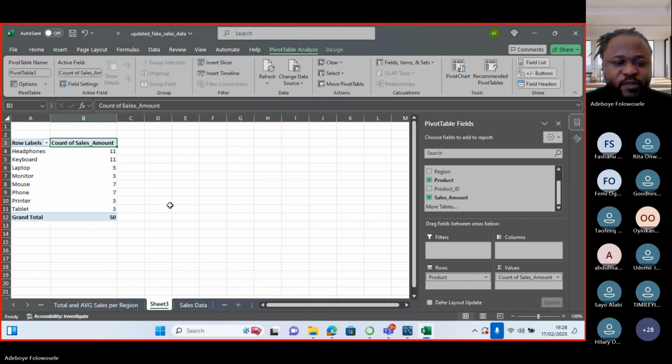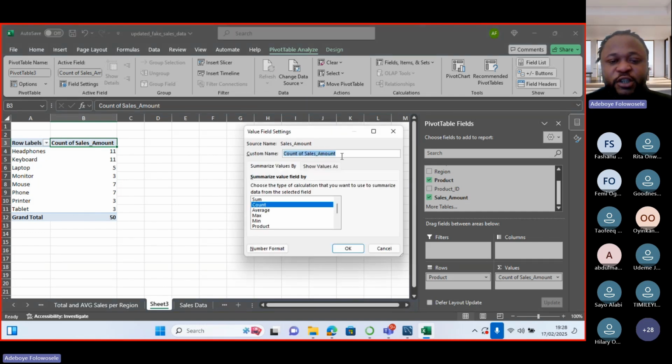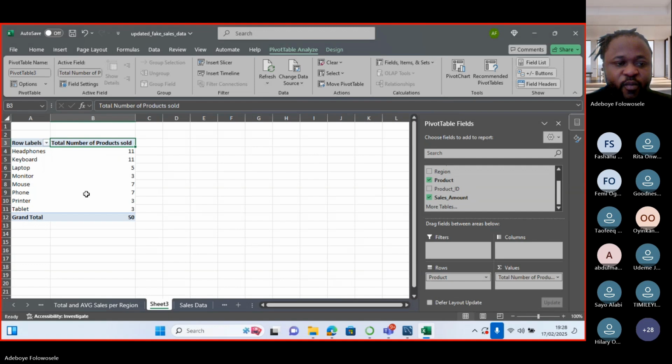So now here it informs me how many of the, so I can change this count to the total number of products sold. So topping the list here is